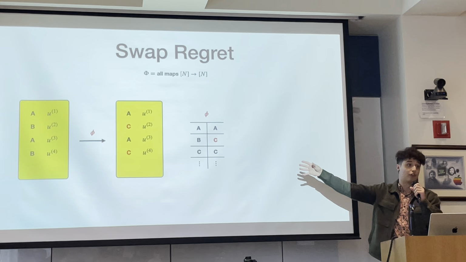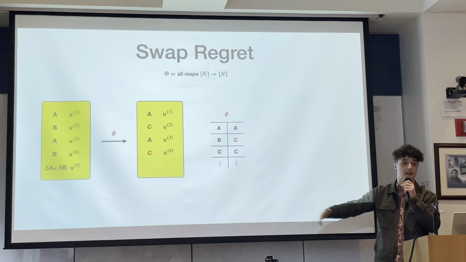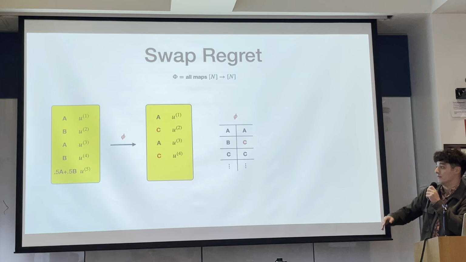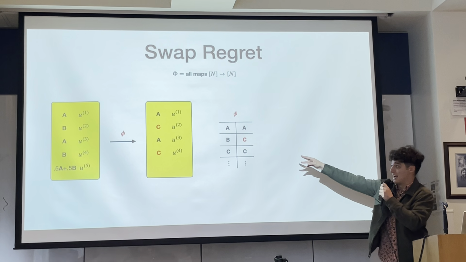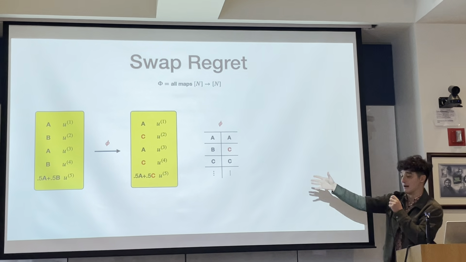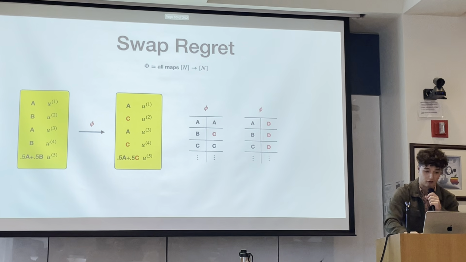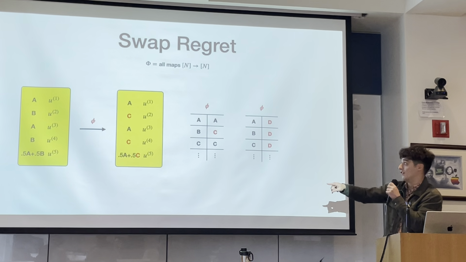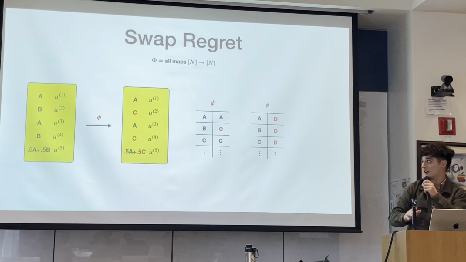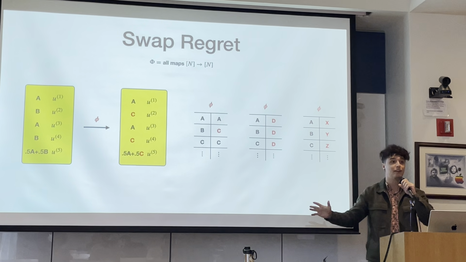I've explained this in the pure strategy setting. This obviously can also be generalized to mixed strategies, right? As I described, the learner is playing a mixture over actions at every single round. Under this transformation, if we were swapping action B for action C, it would be the fractional component of action B that we played that gets swapped for action C, so this generalizes. But as I said, this is strictly more general than external regret. Contained within this set of transformations is the set where we map everything to a fixed action, all the external regret transformations, but it can be anything. It could be switching just one action. It could be switching all the actions to other actions. All of these things are encompassed in swap regret.